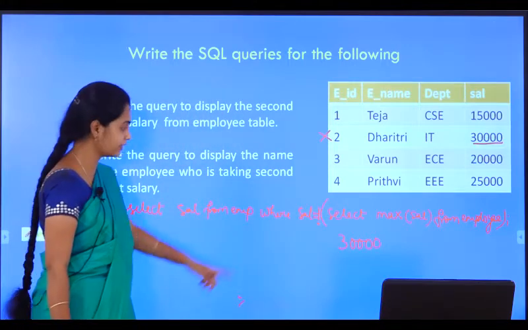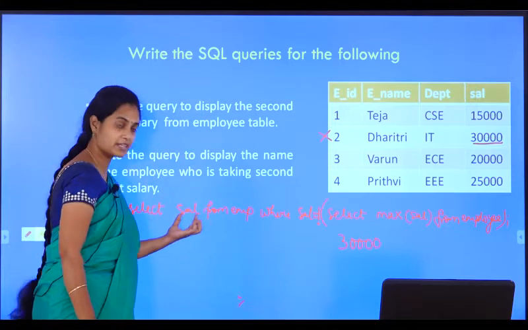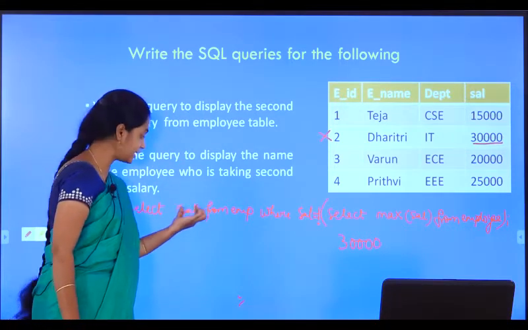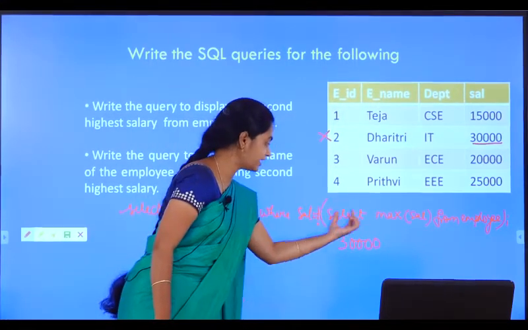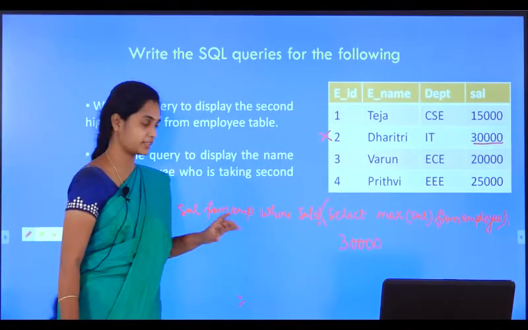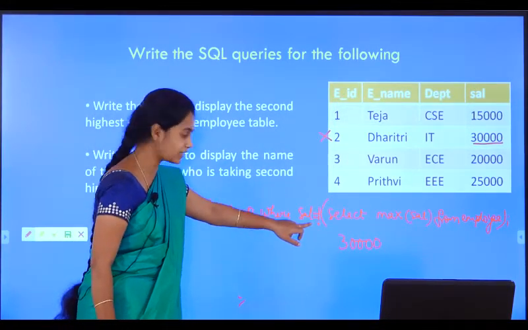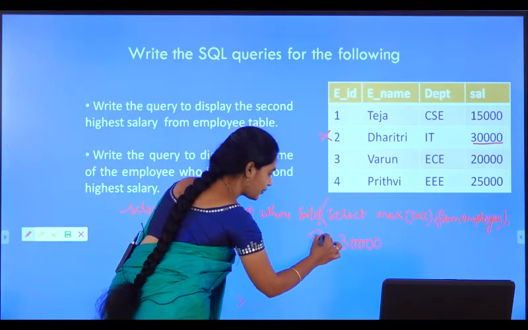When you execute this statement, I will get all the salaries where it is not equal to 30,000. This is one more SQL operator. Either you can write it like this or use not equals to.